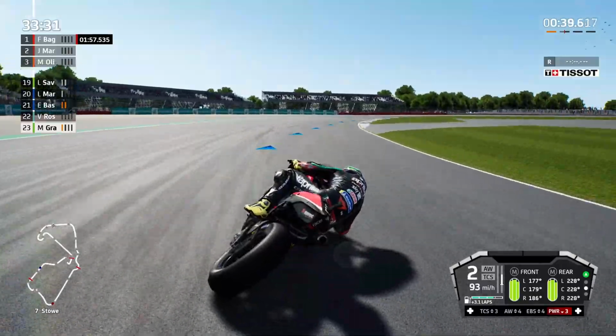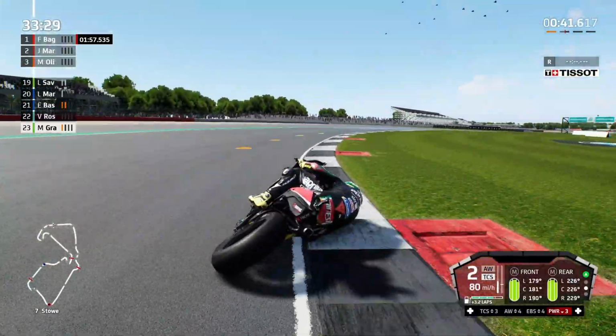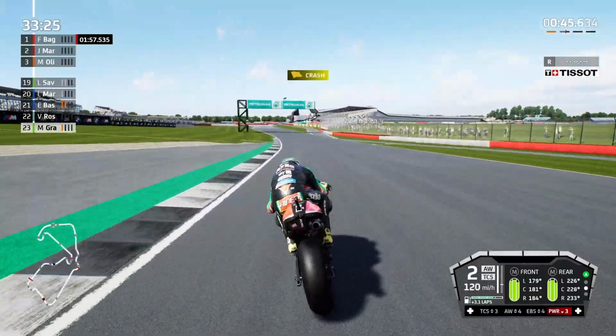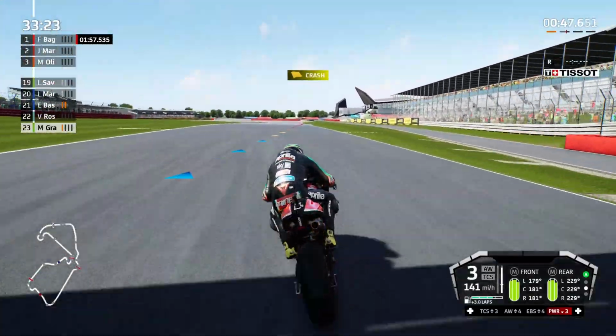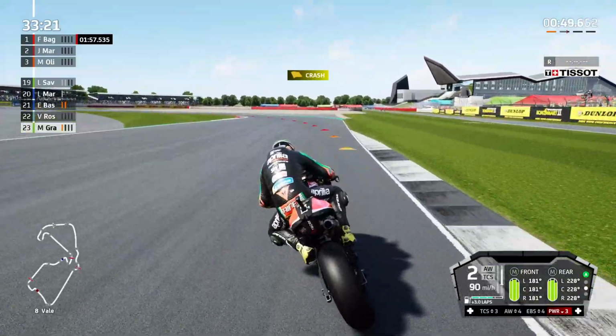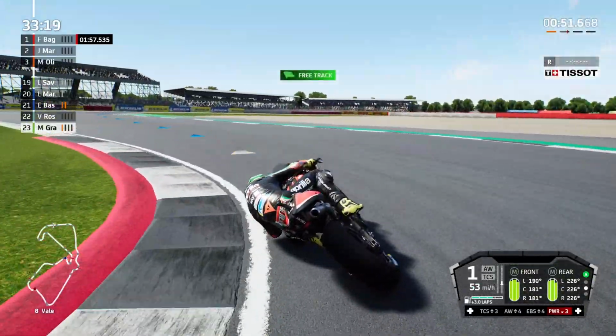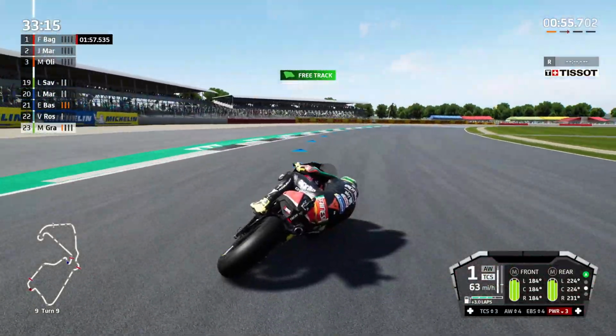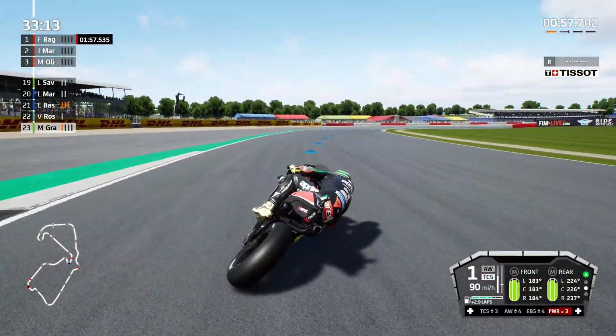For the time being, going into Stowe for turn 7 and having a nice tight apex there, going into the right-hander of the somewhat difficult corner. It can be quite easy to get that wrong sometimes. We go hard on the brakes for turn 8, and then we'll get it onto the right-hand side to slip it in to turn 9, and then flick it onto the right-hand side once more for turn 10,